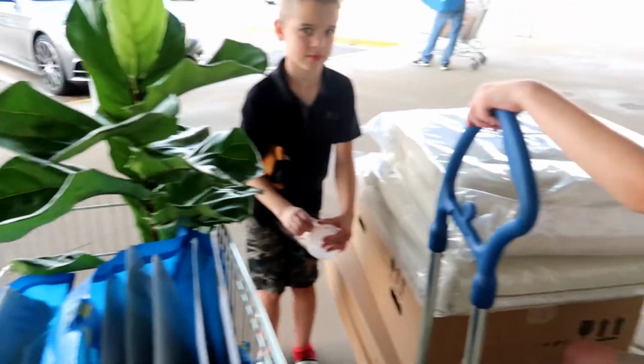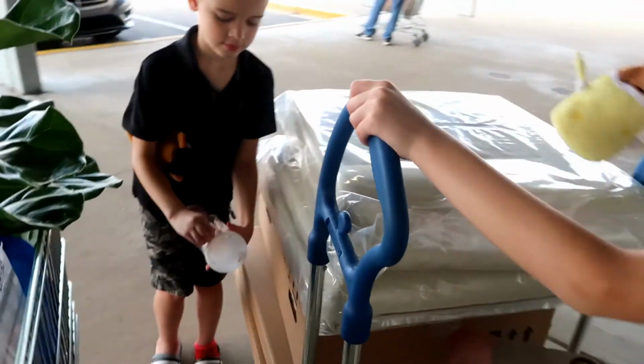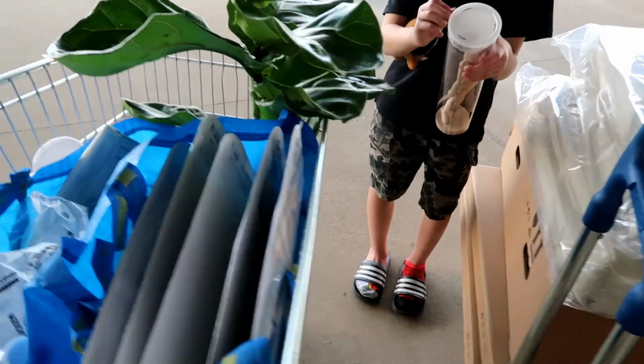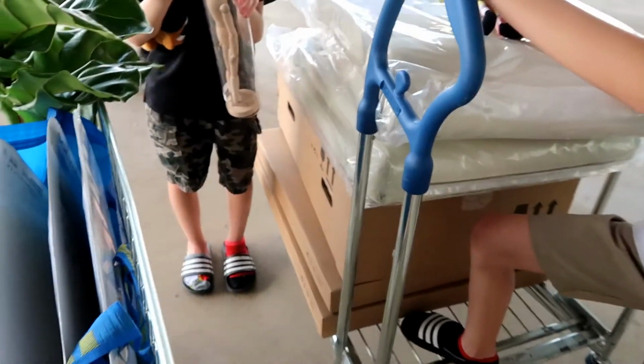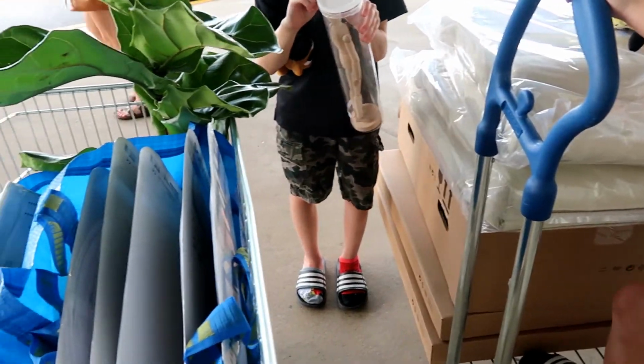Waiting to get loaded up. Yo. We ended up spending $900. I don't know how that happened. You'd think we would have bought more stuff, even though you spend